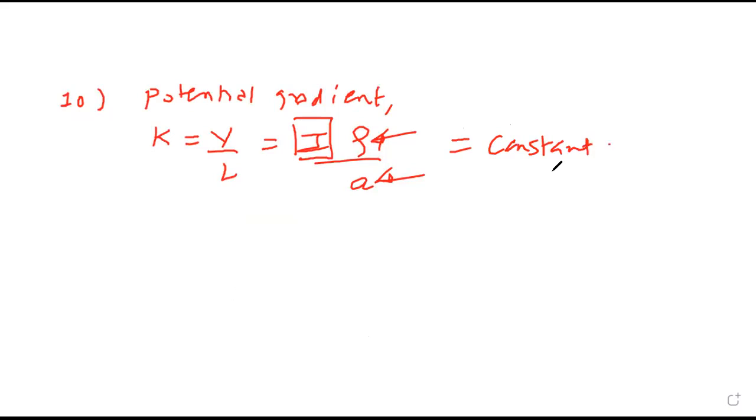Then which is the correct option? Current in potentiometer should remain constant. Rho, A are already constant. If current is constant, then potential gradient will remain constant. So A is correct option. B, let us check. Potential difference across the potentiometer wire remains constant. Then there is no guarantee because length also you have to keep constant. EMF of testing cell remains constant, no value of that. EMF of cell constant, we don't know about external resistance. So correct option is A. Current is constant, potential gradient constant. Answer A.